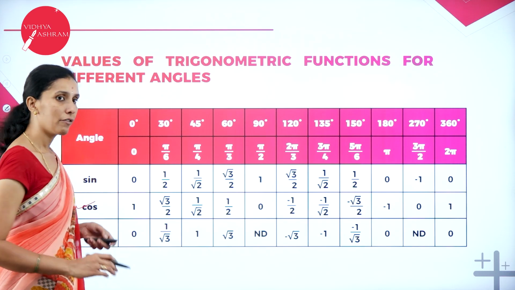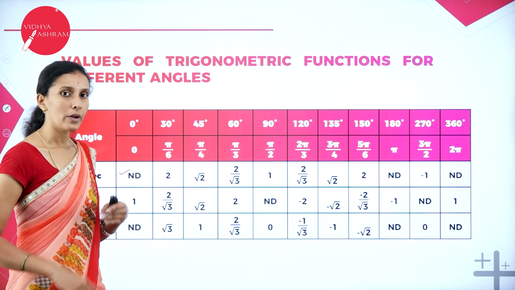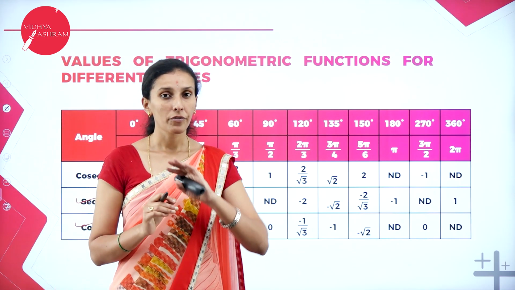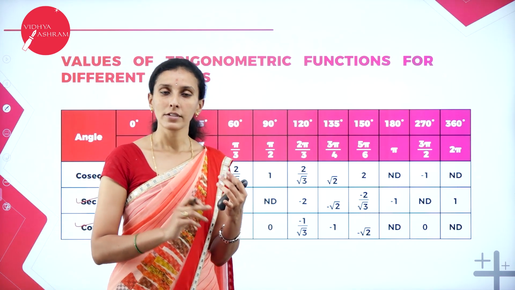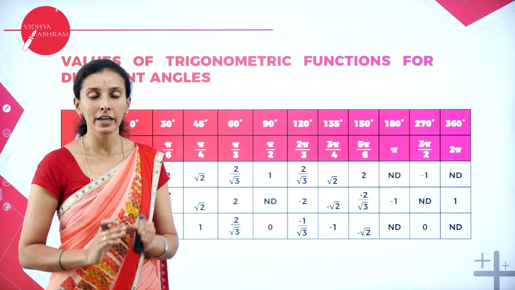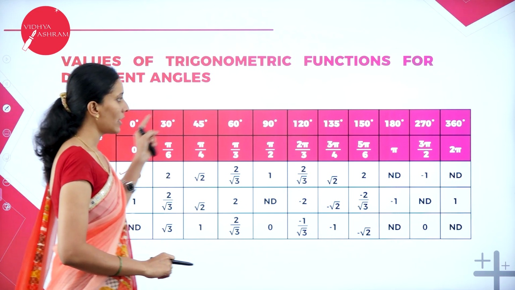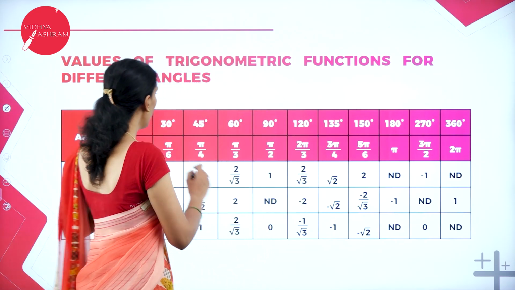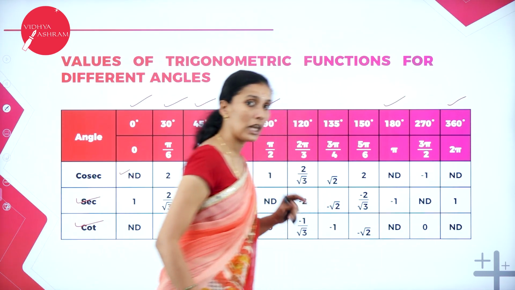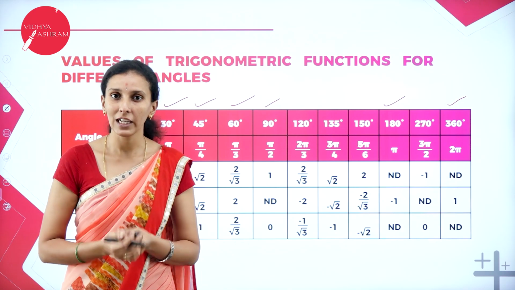Similarly, if you know cos, then you can write secant also. Similarly, cot. Cot you can write either as 1 by tan or in terms of sine and cos. So if you know the values of only the sine function, you can write cos, tan, cosecant and secant. All other 5 trigonometric ratios you can write if you know at least any one of these values from 0 to 360 degrees. So usually we take 0, 30, 45, 60, 90 and 180, 360. Learn this enough. The rest can be converted in terms of sum or difference, which you will learn later.